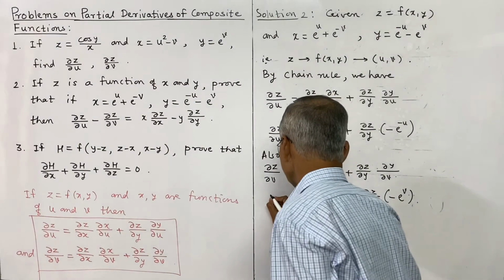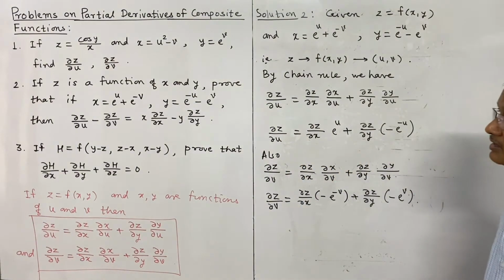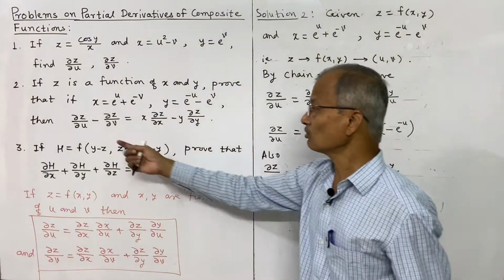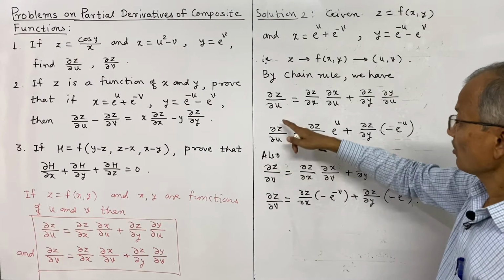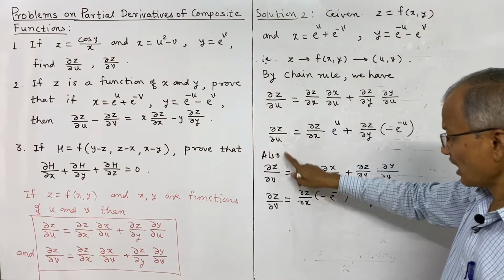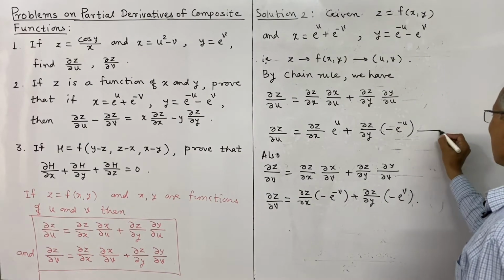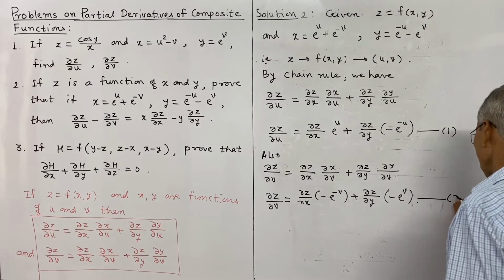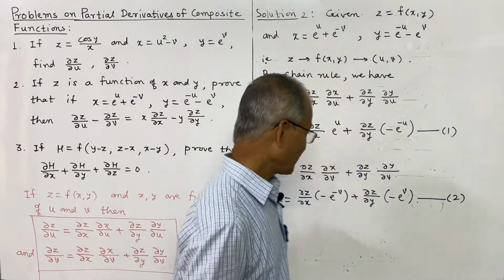What is this? It is ∂z/∂v. Now see the problem here. We have to obtain the difference of these two. Partial derivative of z with respect to u means this value minus this partial derivative, and therefore we shall suppose this as 1 and 2, and we subtract 2 from 1. So from 1 and 2 the subtraction is